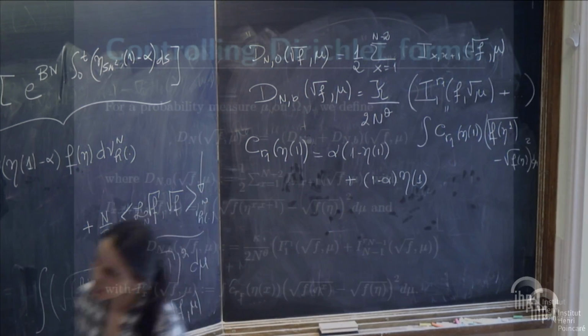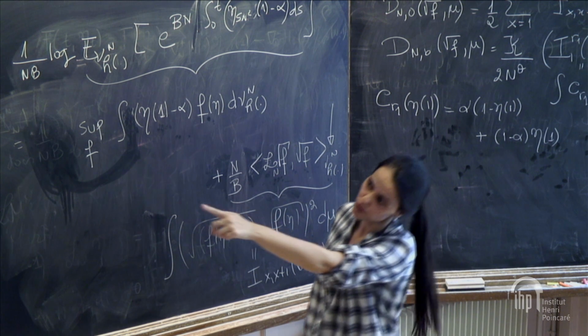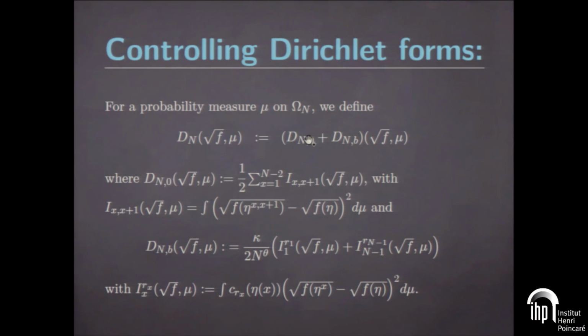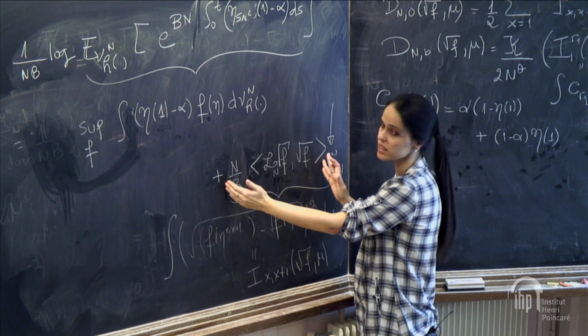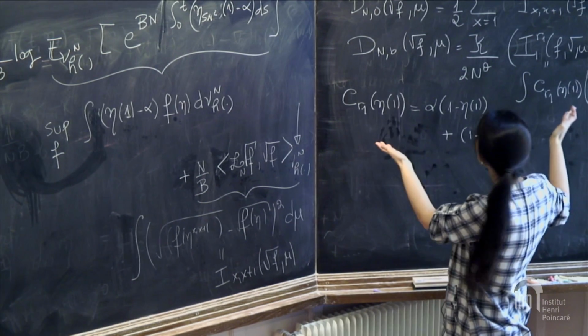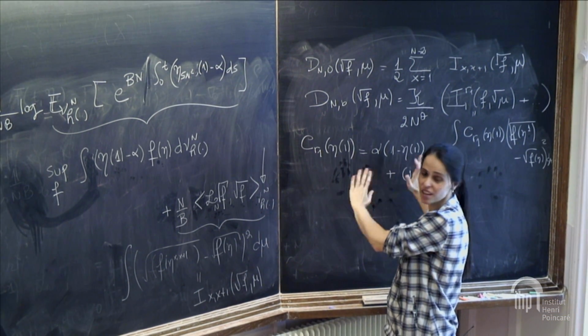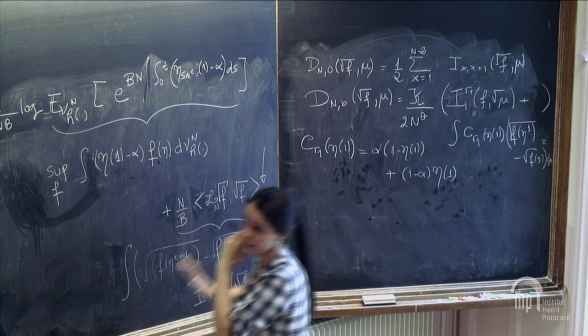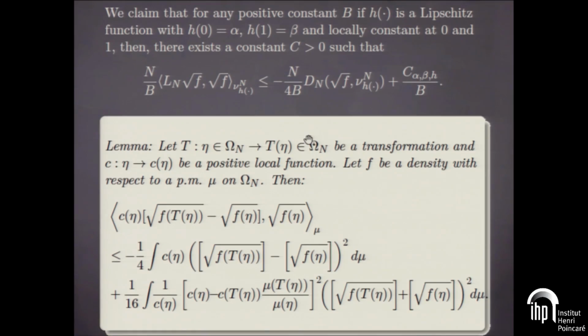So what I want to tell you now, the next slide, is how to replace this by the D_n. The D_n that I wrote there is just the sum of these two false Dirichlet forms. I want to tell you what price one has to pay to replace this by these ones, which in principle you probably don't think is nicer, but they are nicer for the computations. So these are the false ones. There is a price to pay, and I need this price to vanish with n. So to do that,